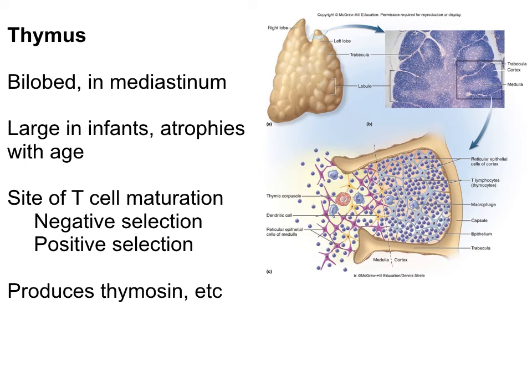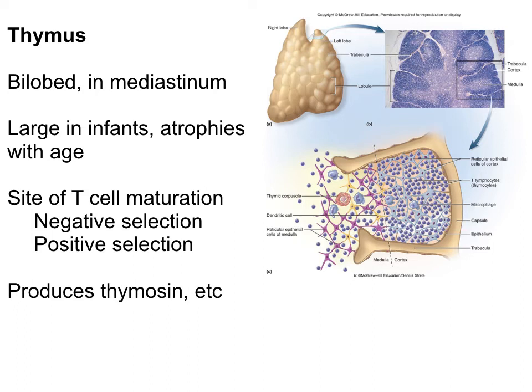Now let's talk a little bit about your thymus. The thymus is a bilobed organ in your mediastinum. It's very large in infants, but it atrophies with age. The maximum size of your thymus is about 40 grams, and that size is reached just before puberty. After puberty, the thymus actually starts to break down. It degrades until it's only approximately 20 grams by age 60, and then it really rapidly decreases in size from 60 forward, which is why